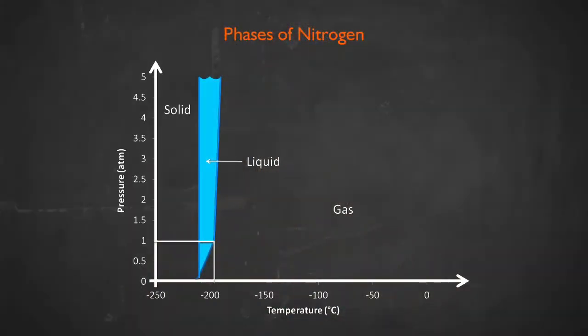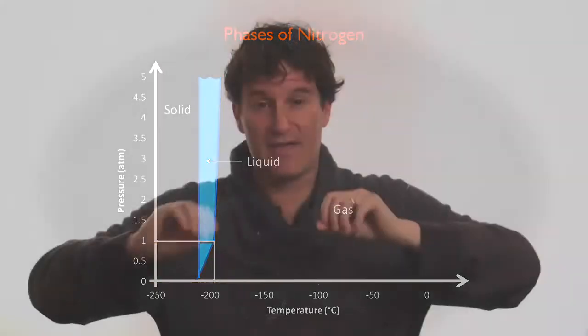So lastly, let's return to the phase diagram of nitrogen. So here it is. Nitrogen has a phase diagram that you'll see looks a lot like that of water and carbon dioxide before it. There's a solid phase, a liquid phase, and a gas phase. At low enough pressures, nitrogen also has a situation where the solid phase transitions directly to a gas without a liquid phase. But there's this big liquid phase, which is the part at 1 atmosphere that gives rise to